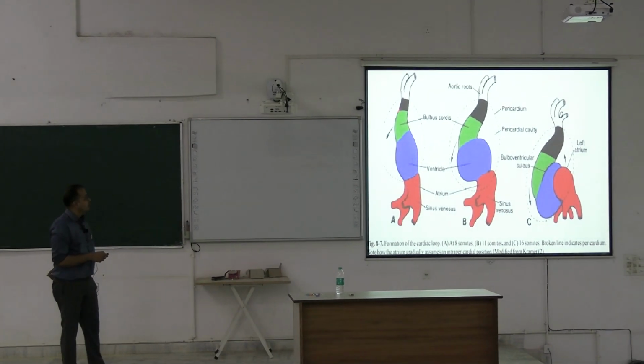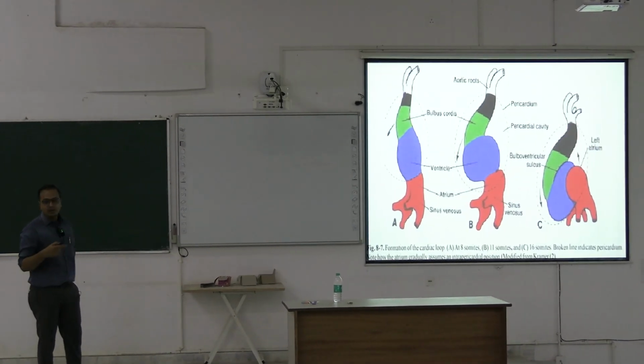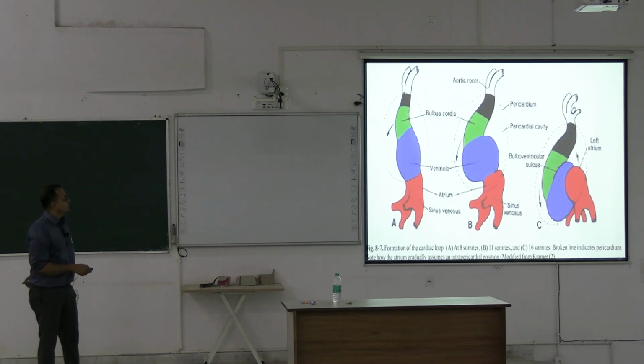What you see here, this tube shows some flexure or bends, which we call flexure. So, we have this bend in between the bulbus cordis and the primitive ventricle. We call it the bulboventricular sulcus. This bulboventricular sulcus deepens down from this point and pushes the ventricle downwards, forwards and anteriorly. As a result of this flexion or bending, the ventricle moves anteriorly, moves downwards